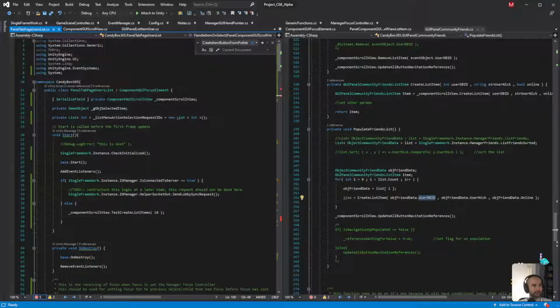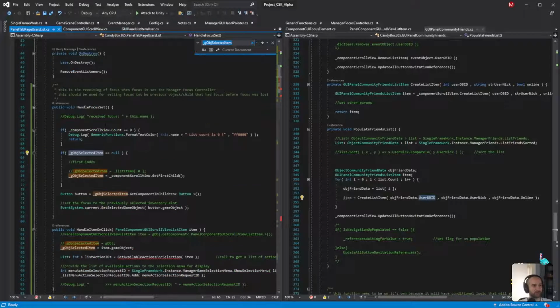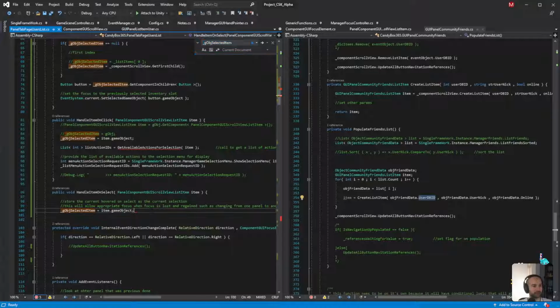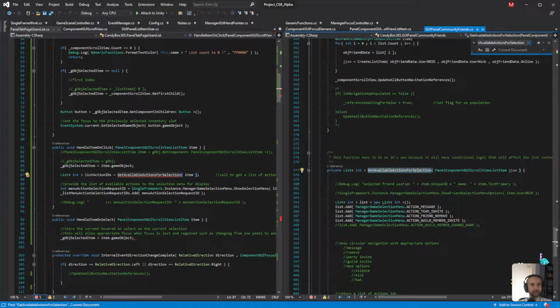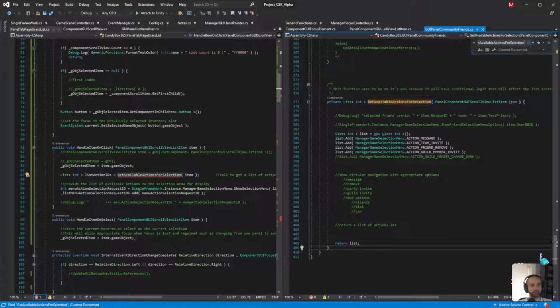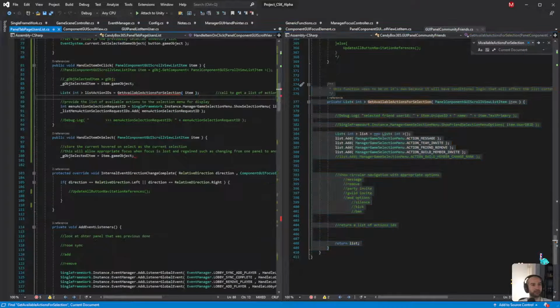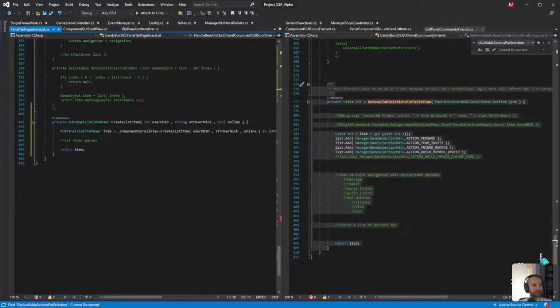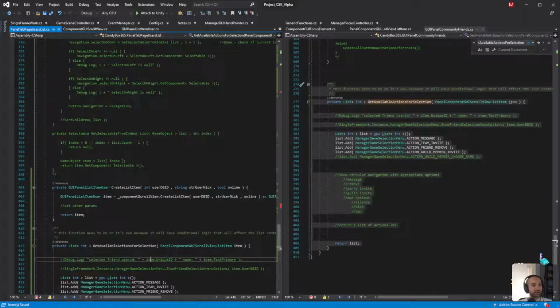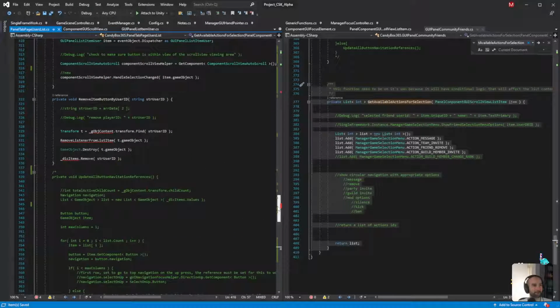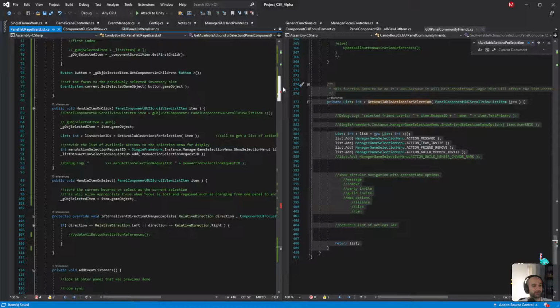I have this here, so that's game object, yes. And then when it gets to here, I'm not sure. Okay, let's do this one next. So this one is just going to be a basic function for now. I will add a bit more logic into it at a later time. But for right now, we just need it to exist and we need it to have something rather than nothing. Okay, so that would address that one there.